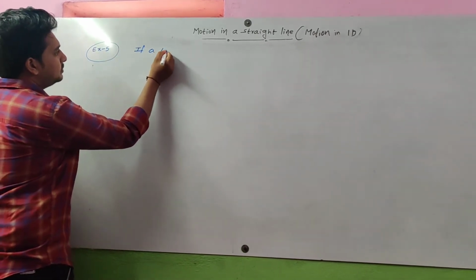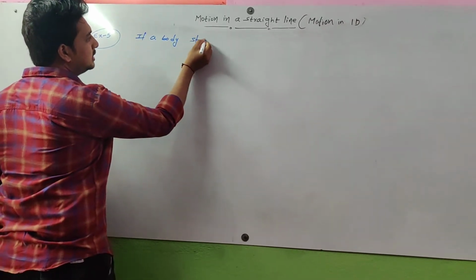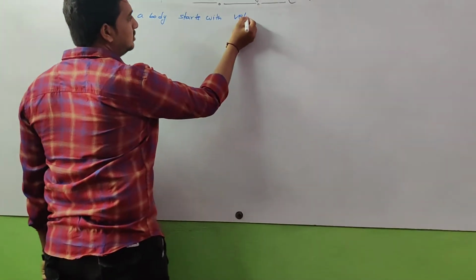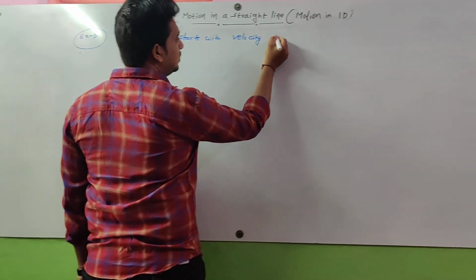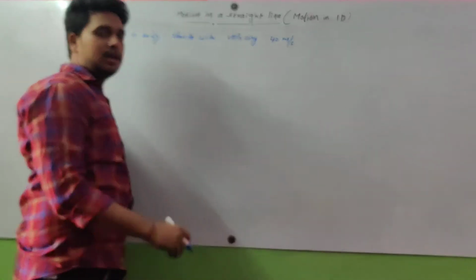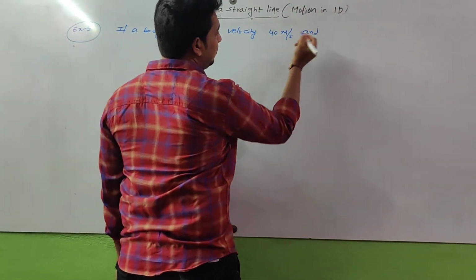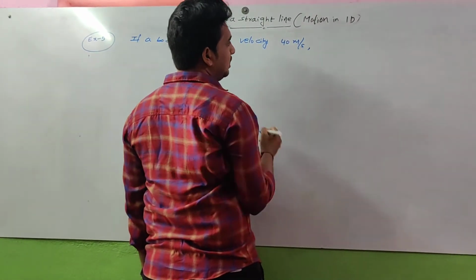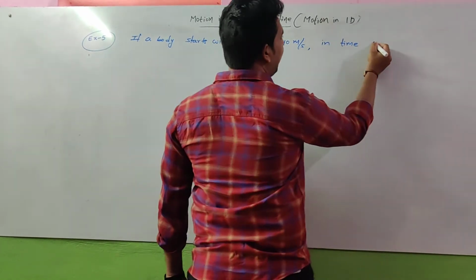If a body starts with velocity 40 meter per second, in time 5 seconds,